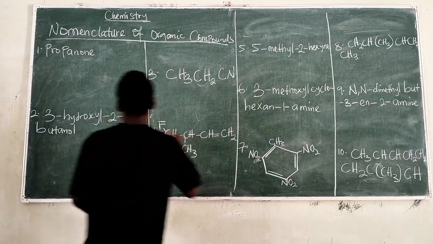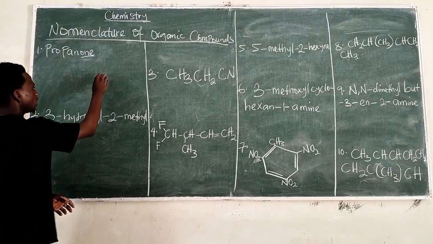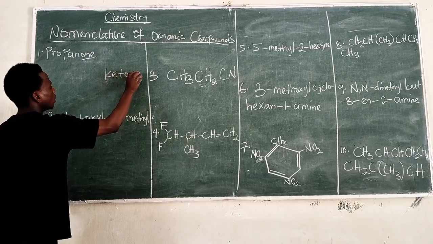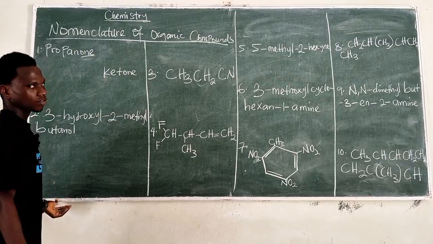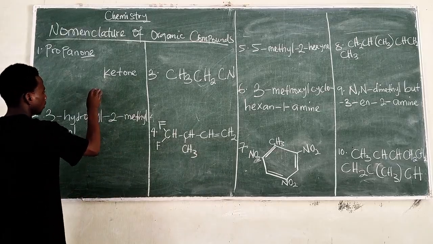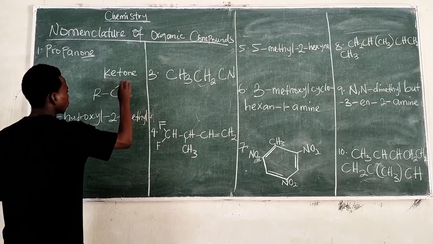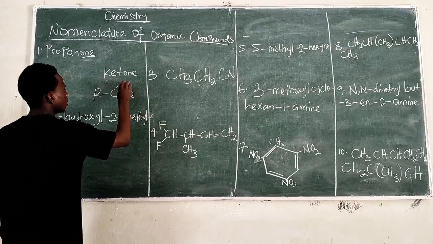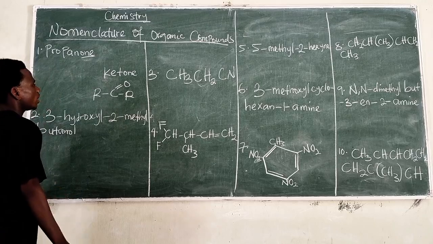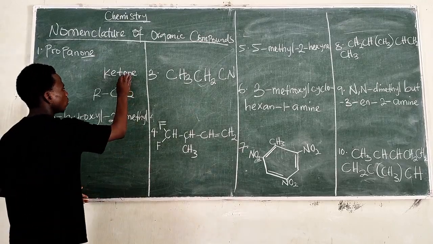Propanone. The ONE in this particular structure is indicating the ketone family, the ketone functional group. For the ketone functional group, we have RCOR. The C in the middle is double bonded to oxygen. So in any organic compound where the name given ends in ONE,